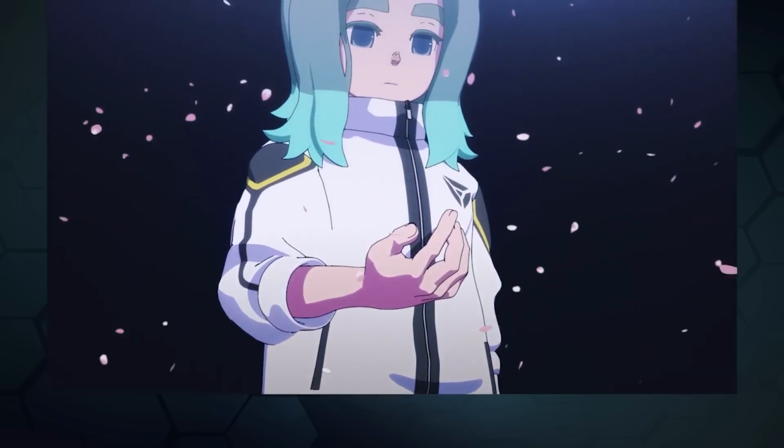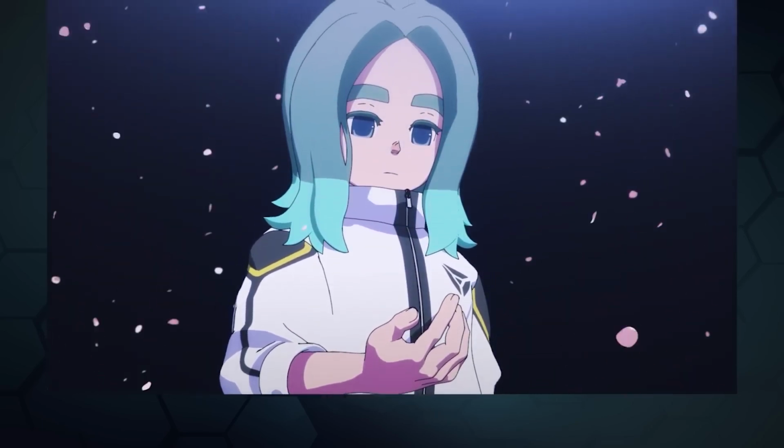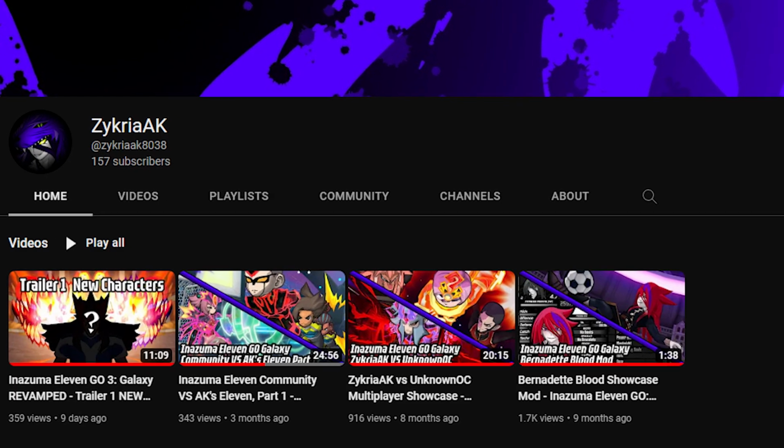I've made a lot of Inazuma 11 Victory Road of Heroes videos over the last few days, but today I want to look back at Inazuma 11 2, and I'm going to team up with Zikria AK again to bring you guys every Inazuma 11 2 story player ranked from worst to best. So every player you get in the story who is mandatory, we're going to rank from worst to best depending on how useful they are, how good they are, all the various stuff that Zikria AK knows way better